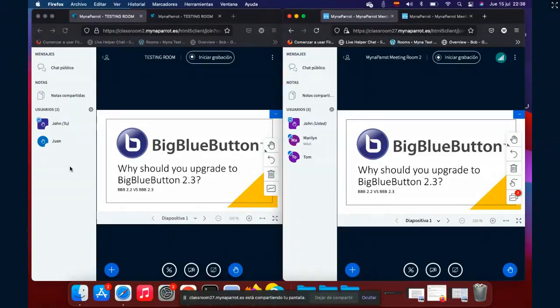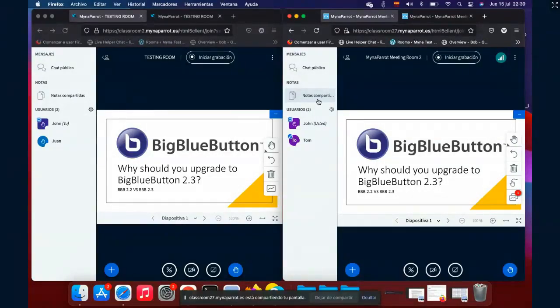There's no sign for that. That's the difference. So to recap, there's now that signal, the raise hand, and the shared notes can display the username of whoever is writing.